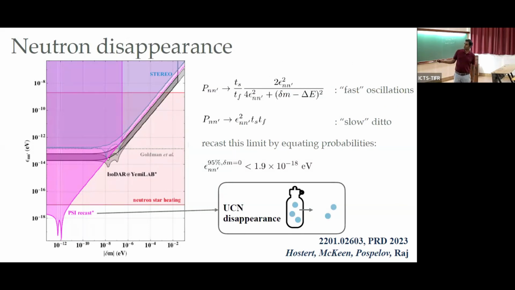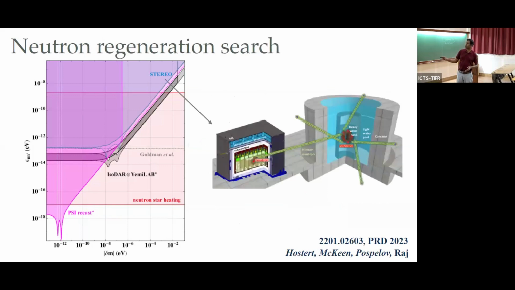Very quickly, you can bottle up neutrons in what are known as ultra-cold neutron facilities, and then you basically look for neutrons that are disappearing again through this neutron shining through a wall kind of setup, and then getting an excess of neutrons disappearing on top of neutron decay would help you set limits on the dark neutrons. And finally, more relevant to neutrinos, there are already searches that do this kind of neutron shining through a wall experiment